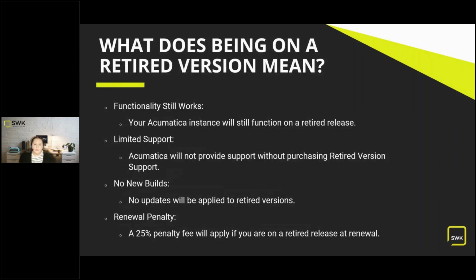So I know I might have just scared some of you about a retired version. So what does being on a retired version actually mean? Your Acumatica will still work, I promise. You're not going to lose any of your data, you're not going to lose anything. Really, what being on a retired version means in Acumatica is that if you contact SWK about an issue